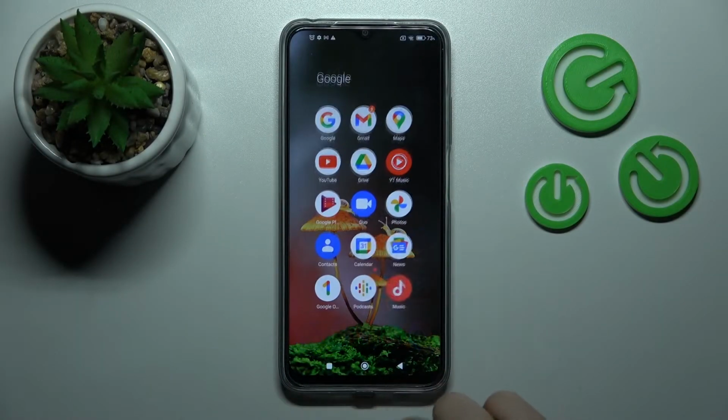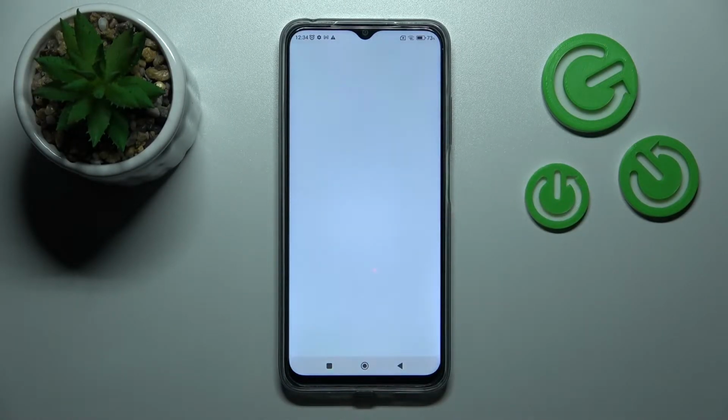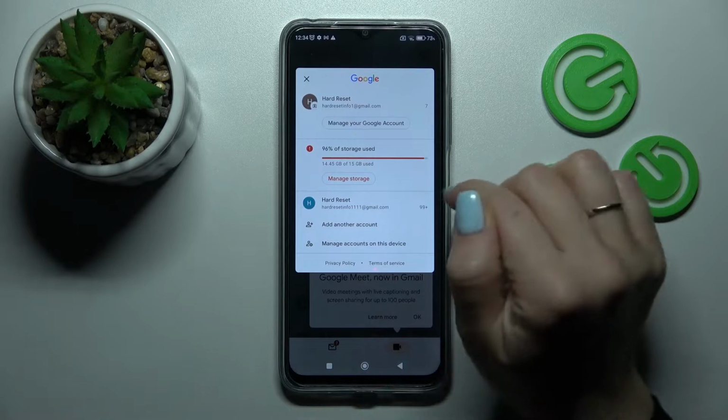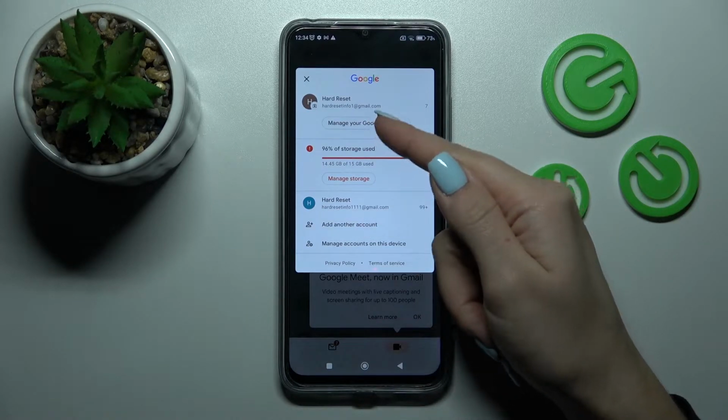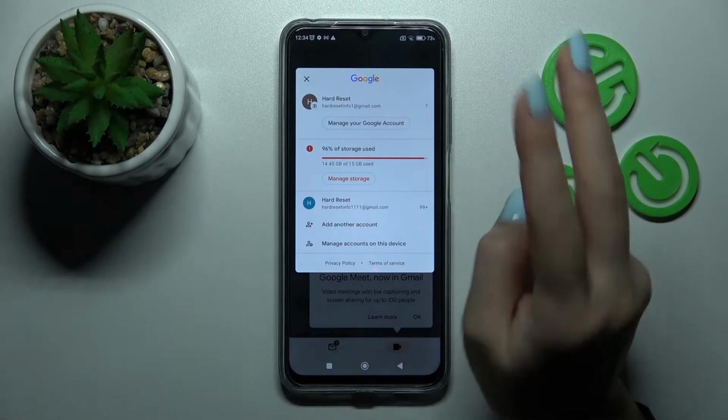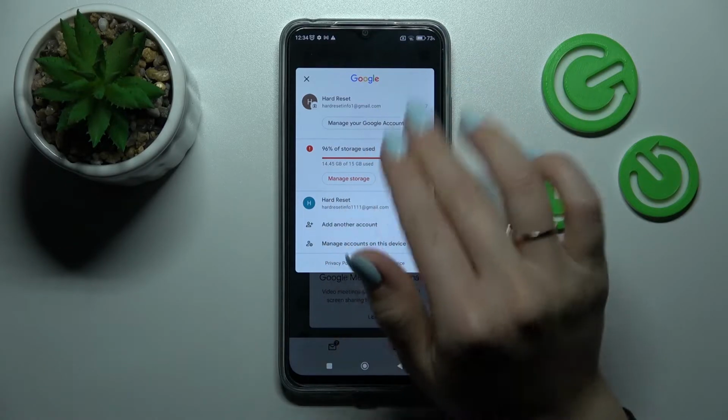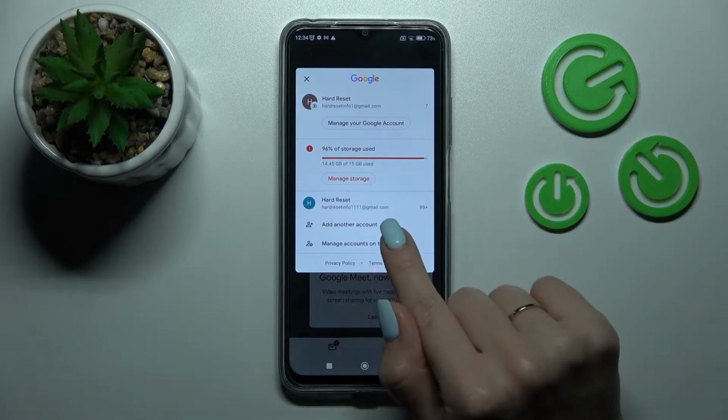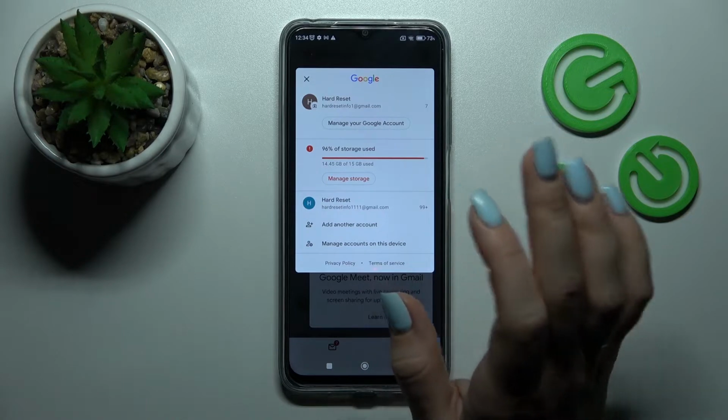So first let's launch Gmail application and then click here on the right upper corner. So now we can see that we are logged in into two accounts at the same time. And now just to log out from one of these accounts in Gmail app, we should log out from Google